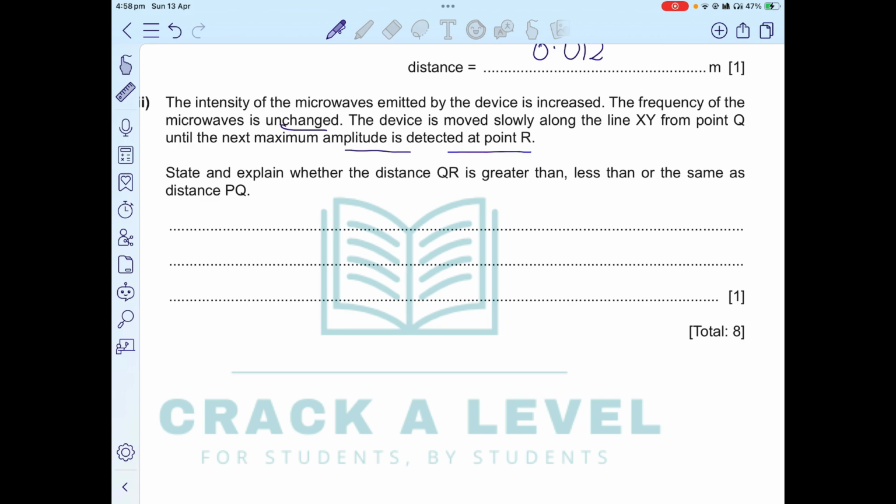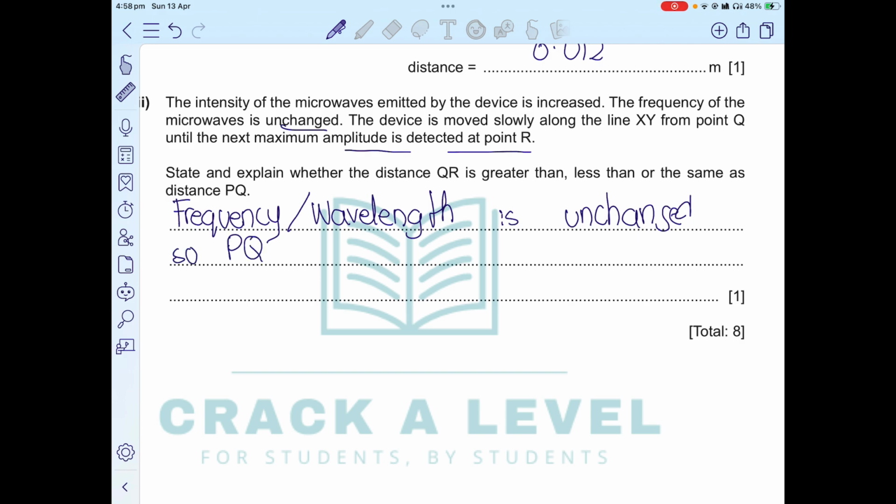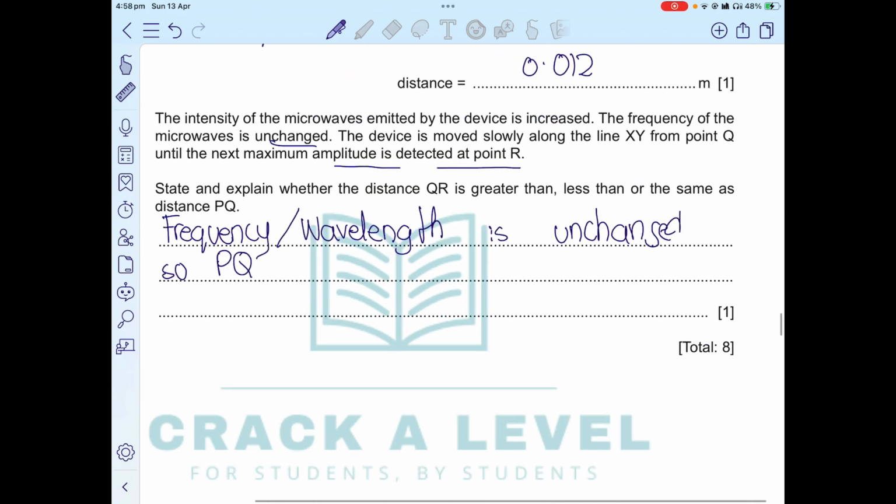Now, because we see that the frequency actually does not change, the speed also remains the same, so the wavelength remains the same, and therefore the distance would not change. Because the frequency has not changed, only the intensity has changed. So intensity does not impact the wavelength as well. So when frequency and wavelength are unchanged, the distance PQ, which is a quarter of a wavelength, is the same as the distance